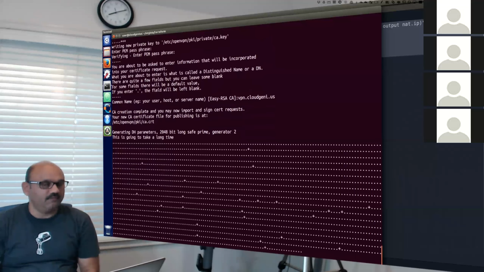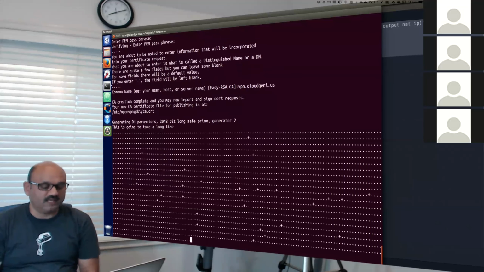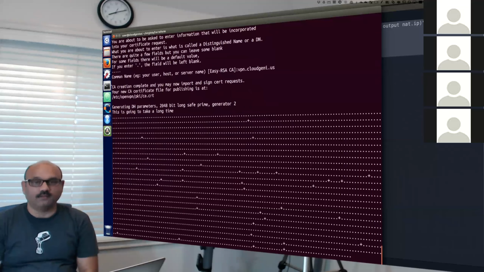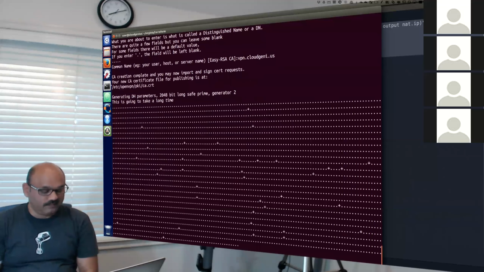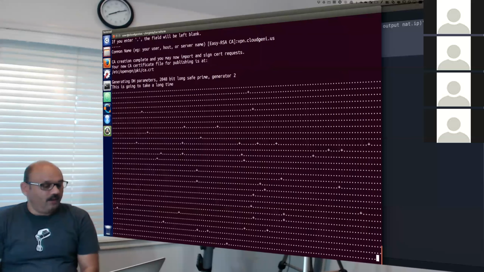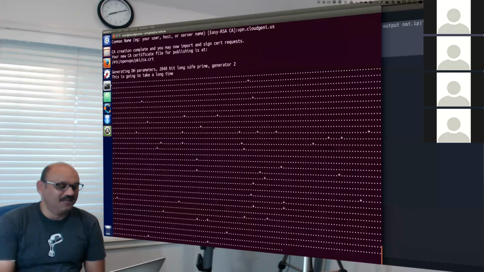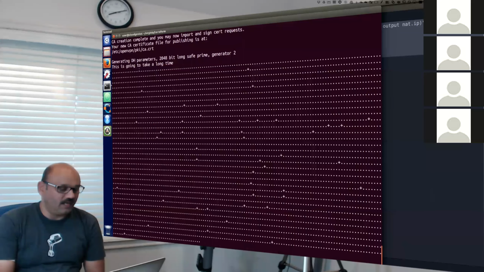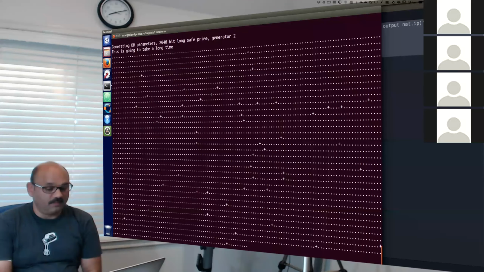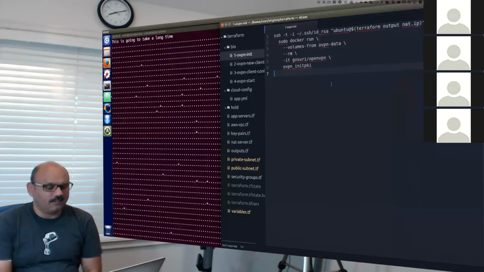We have basically called this machine our VPN server, and we are initializing OpenVPN right now. This is going to take a long time, as it says, but it's not that long. It should finish in less than a minute. So that is step number 1, which we just finished doing, or it's about to finish.